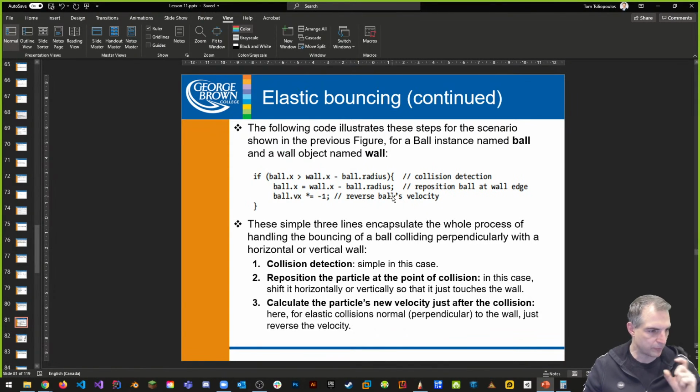So again, I want to reposition it and collide from there. I don't want to let the ball collide in the wall. So guys, when you do your collision detection, you need to employ this formula. Otherwise, you may have challenges when it comes to colliding with the walls in part 2 of your assignment 3. Make sense?